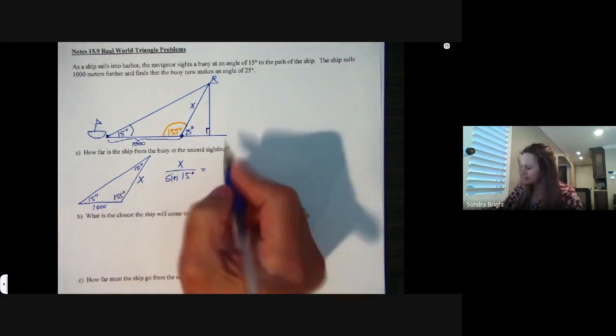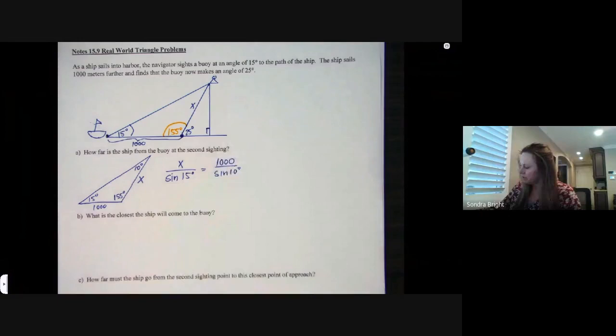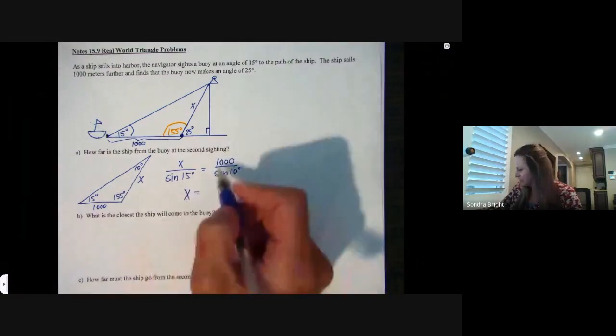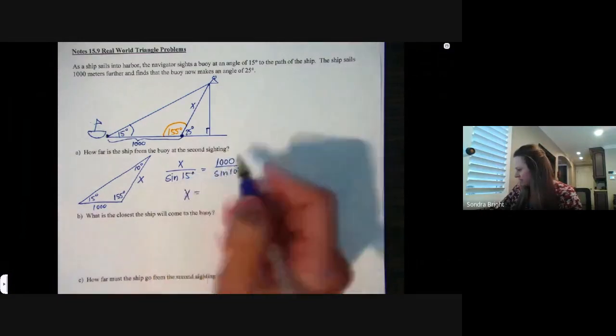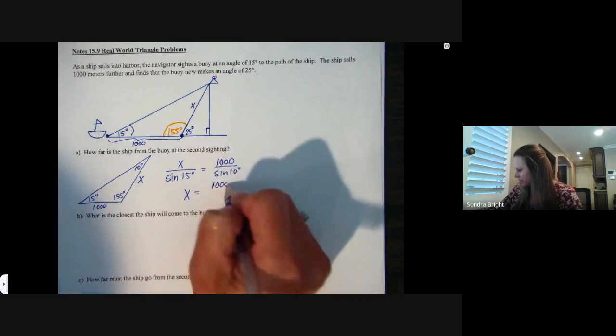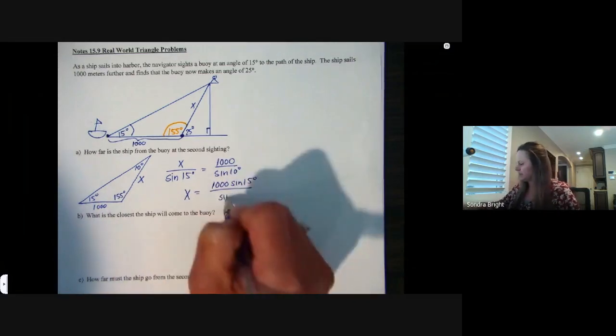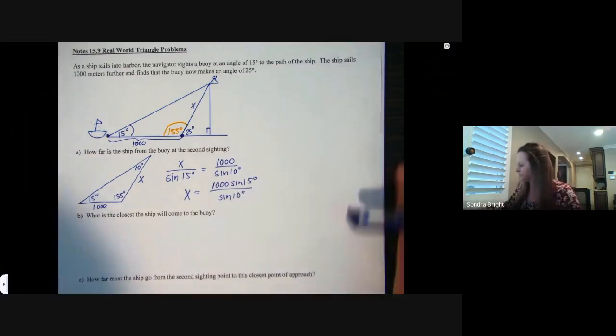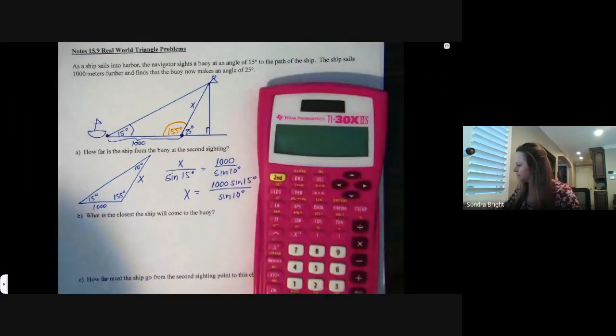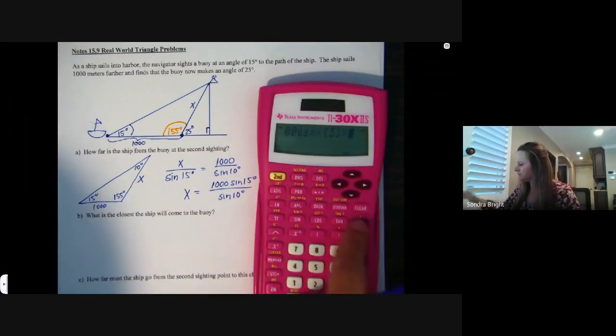And so your x will be, you would multiply both sides by sine of 15 degrees. So 1,000 times sine of 15 degrees over sine of 10 degrees. And we'll put that in: 1,000 sine of 15 in parentheses divided by sine of 10. And I get